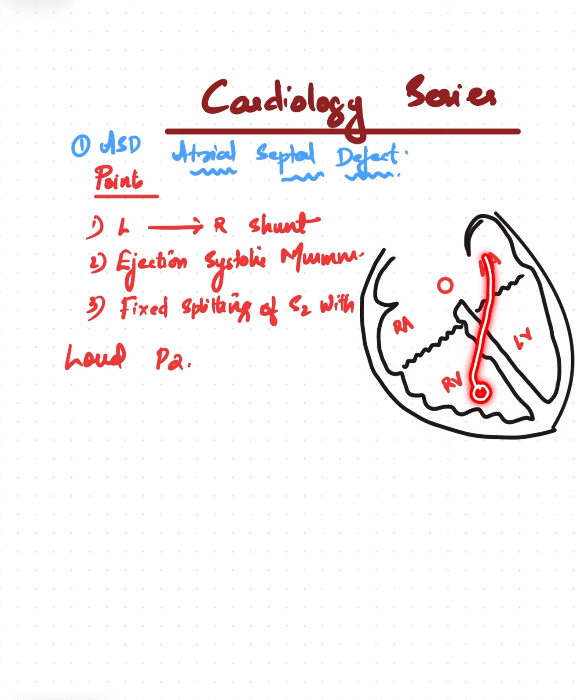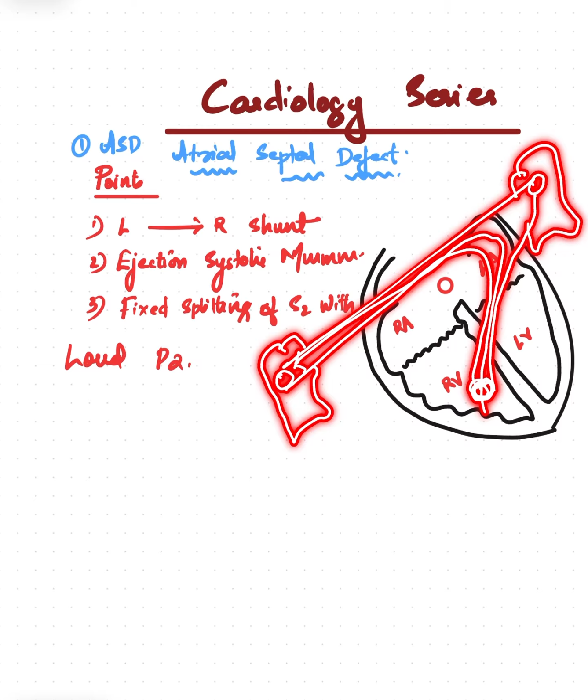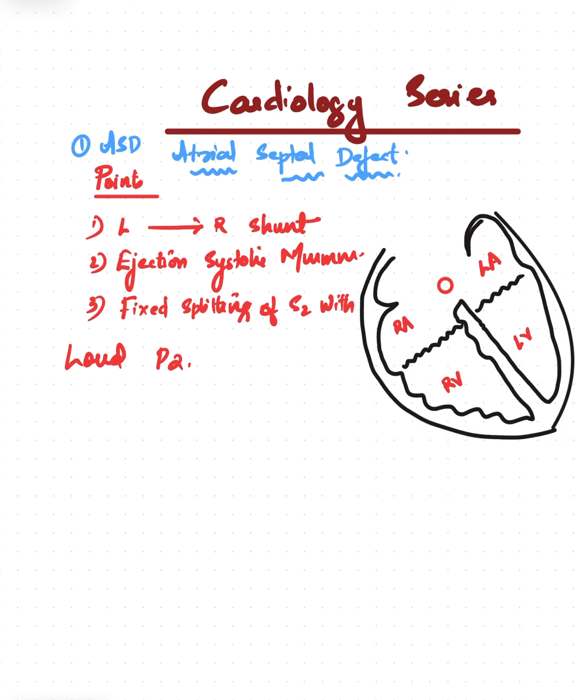In the right ventricle we have the pulmonary valve and pulmonary artery. This valve will open due to the increased blood flow into the right ventricle. The pressure will be more, and the pressure pushes this valve open so that the blood will flow into the pulmonary artery. The pulmonary artery ends up with two lungs on both sides, right? So the pressure over the pulmonary artery increases, and in the lungs too,